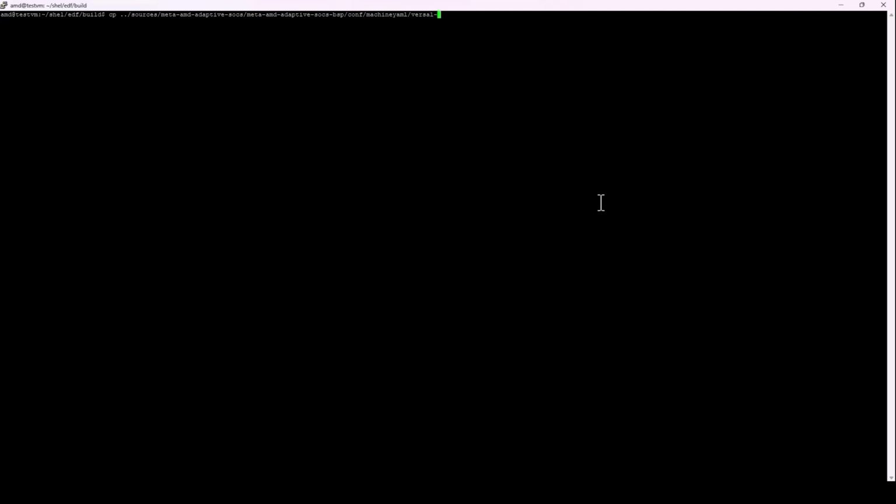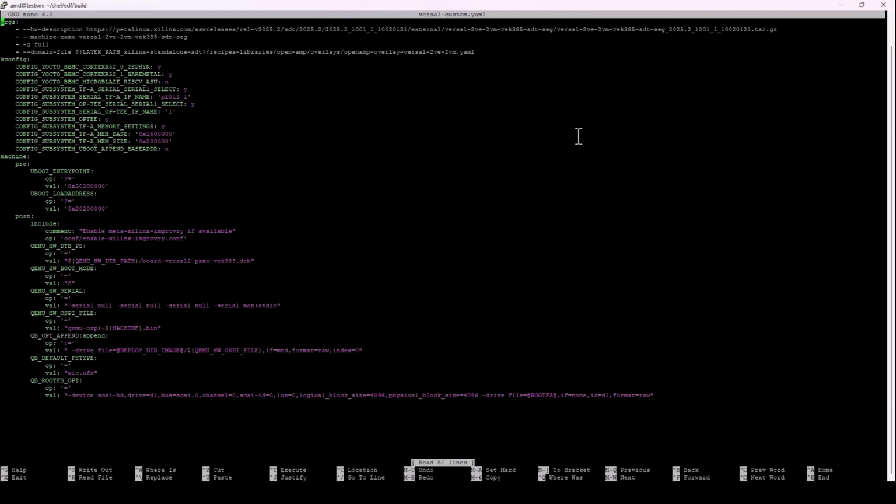Note that these pre-built .yaml files are new to 25.11, so using a previous release version would mean all of the parameters contained within the file would have to be run in the command line. This file will be edited to include custom parameters. To edit the file, run nano versal-custom.yaml. When opened, the different parameter customizations can be seen.